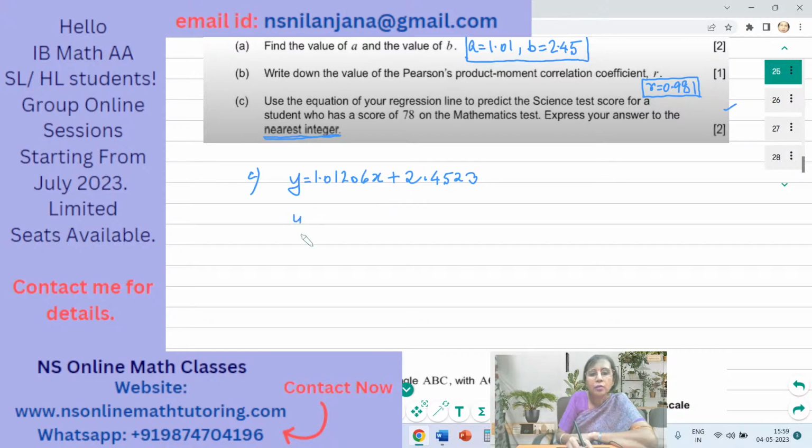So y is equal to 1.01206 times math score, which is 78, plus 2.4523. Okay, which is equal to,